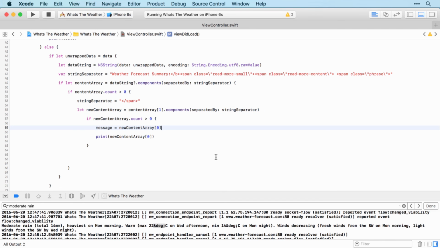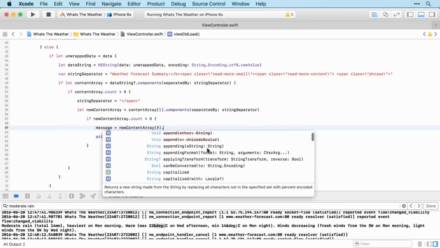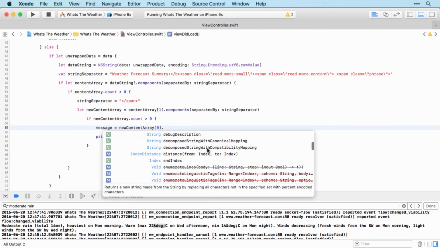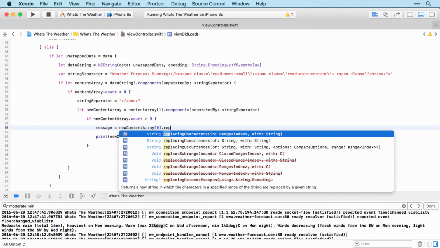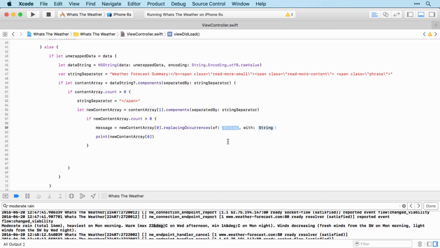Well, you might be able to guess that if we take our new content array 0 and then maybe have a look at the options that are available to us, there might be one involving replace. And here we go. So we can replace characters. That's not quite what we want to do. We want to replace occurrences of strings with strings. Perfect. So the string that we want to replace is and deg colon. There we go. And then we want to replace that with the degree symbol itself,